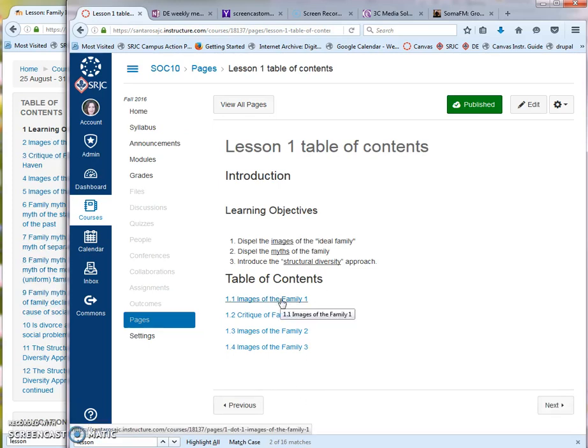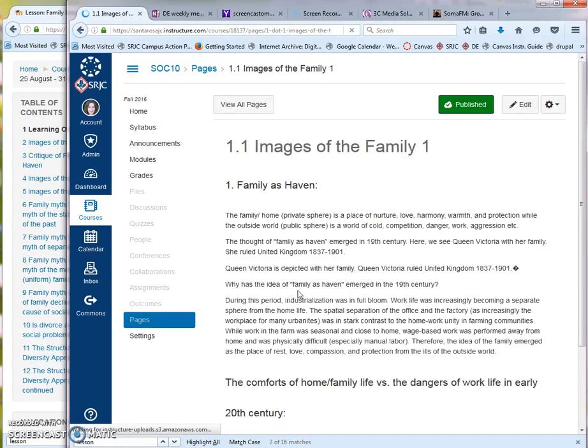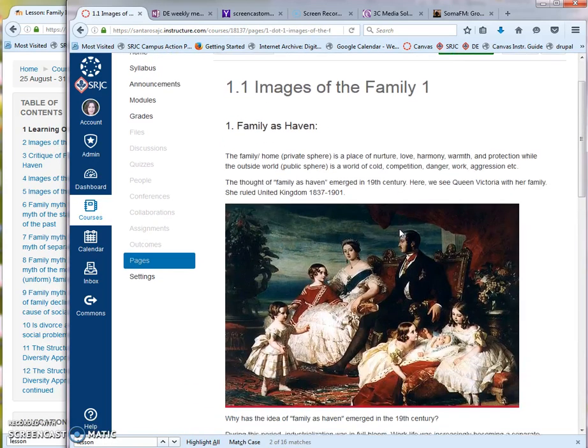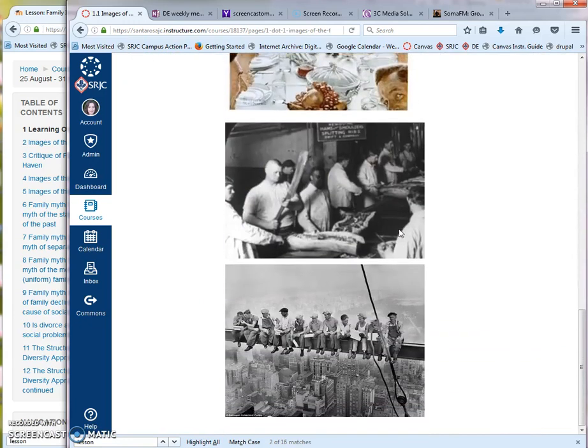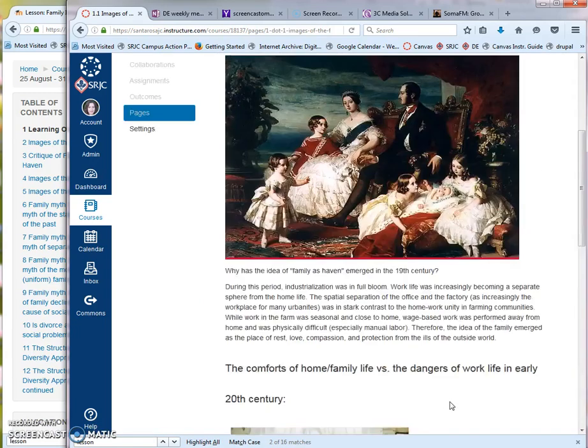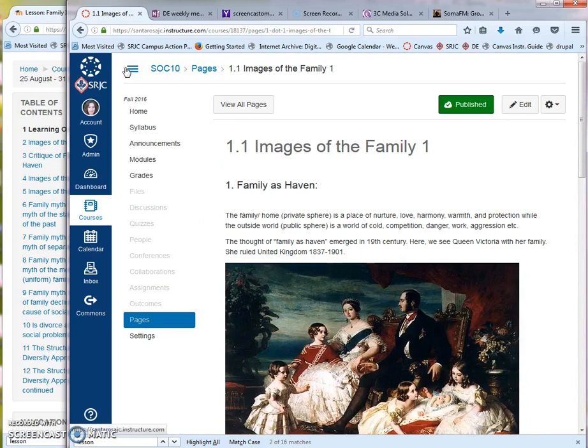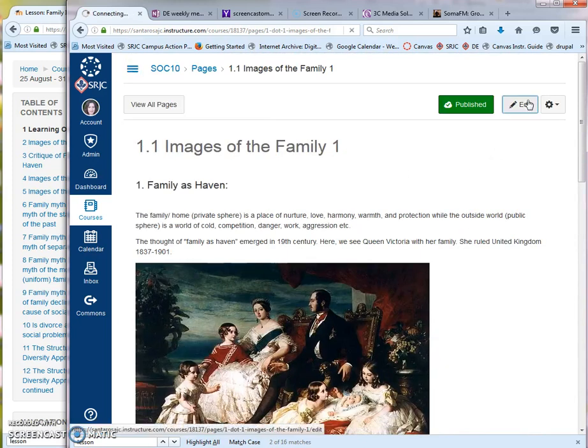And then you would go into each page, and you can get to it from here now. You could also go back to your Pages area, but let's just work from here. I'm clicking into page 1.1. Here's our content for that page. What I'd like to do, though, is at the very bottom, provide a next button to the next page so that the student does not have to go back out to the table of contents to get to the next page. So let's collapse this again, click Edit,